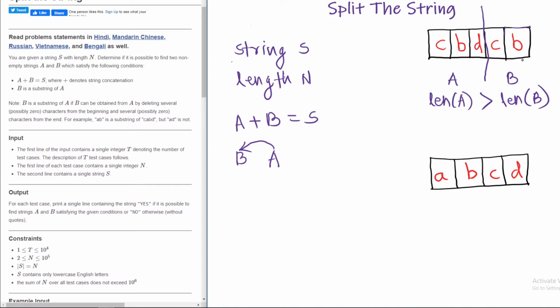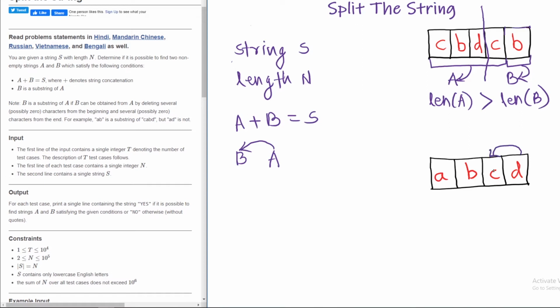The last string, that is B, we can search for B in the first part, that is string A. If the last string, that is B, or any string, if we are able to find that in string A, it means the pair exists as we are looking for, and we can print yes, otherwise no.